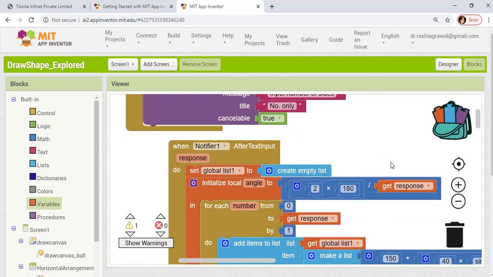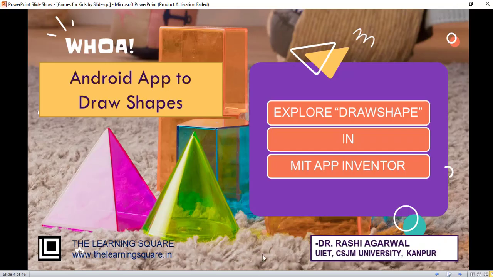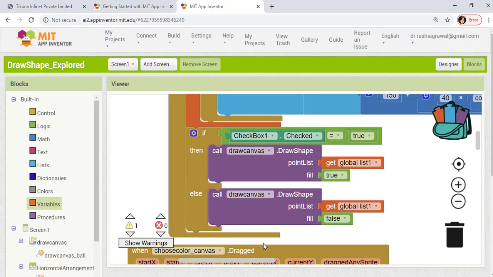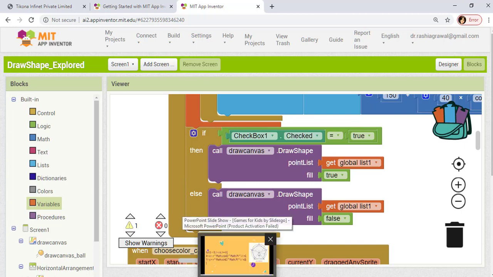Now to be able to understand how figures are drawn, let me just get back to this slide here. So this is what we are looking at. We are creating a regular polygon. So maybe I want to create a polygon with 5 sides. The important thing that you need to see is that in the draw canvas method, there's a point list given. So this point list needs to have all the points of x and y.